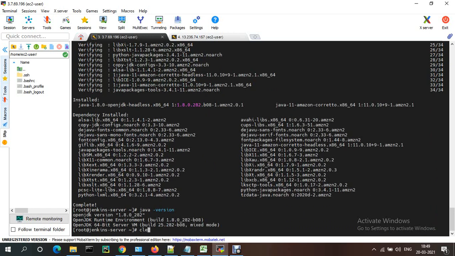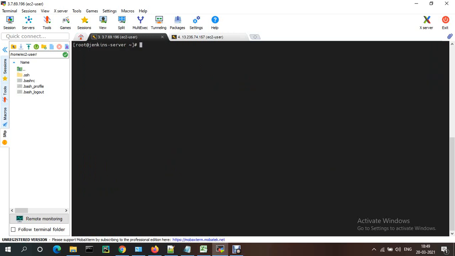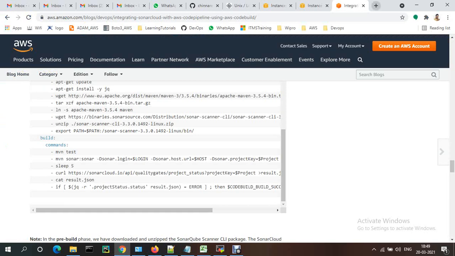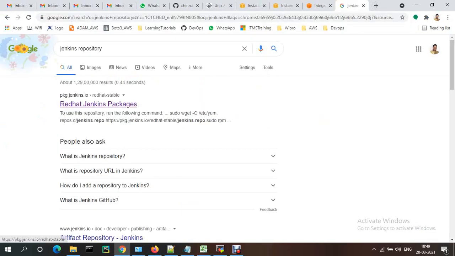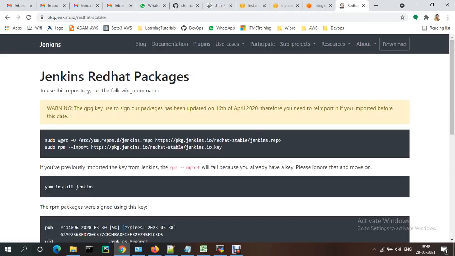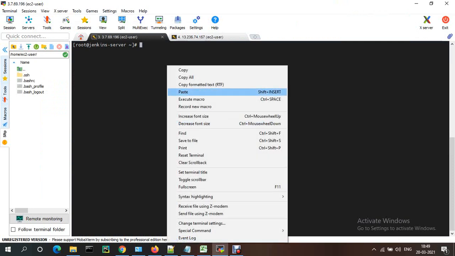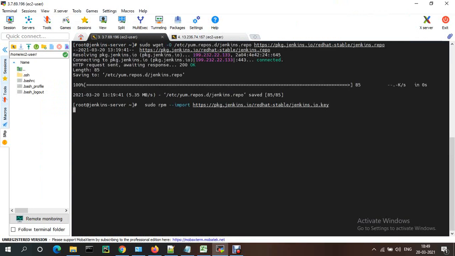Now let me install the Jenkins repository. I'm taking this repo link.